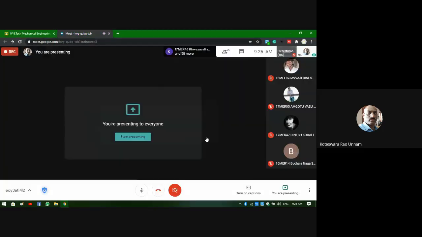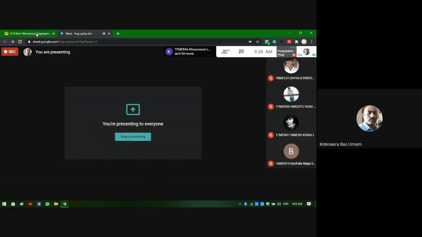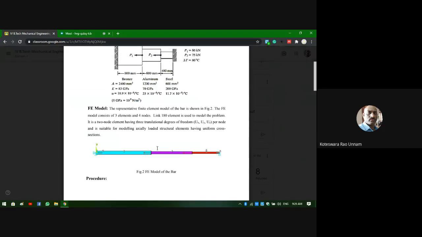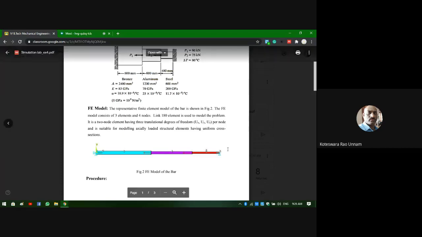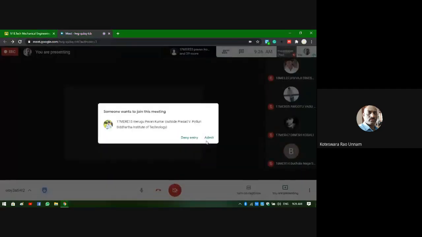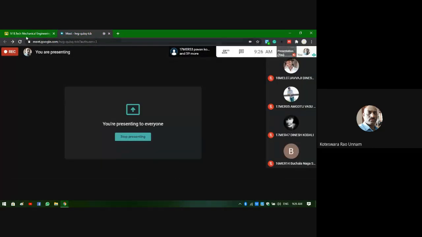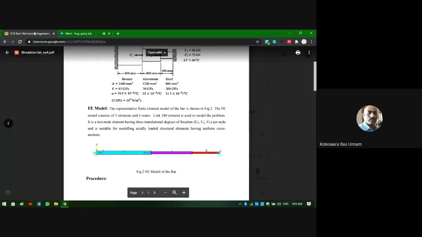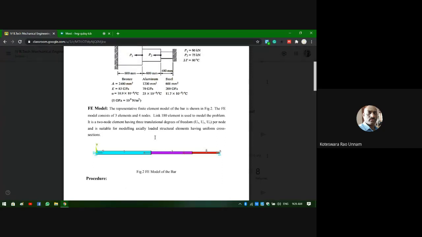In the help document it is clearly mentioned that it is capable of taking body loads, and the body loads may be in the form of thermal loads or gravity loads also. Sometimes you may have self weight. Suppose the same bar is subjected to self weight and I want to find the stresses or displacements, in that case you can use the same element, because it is capable of taking that body load, self weight, also.